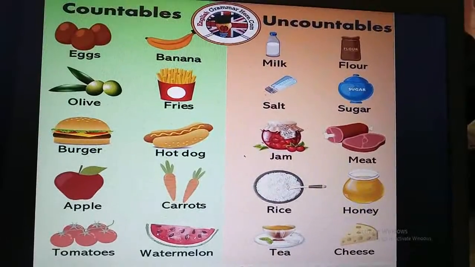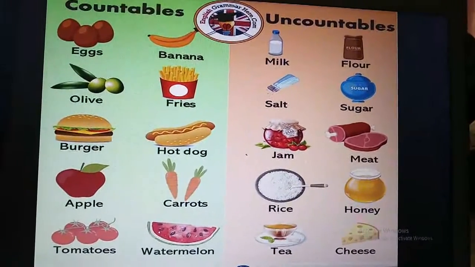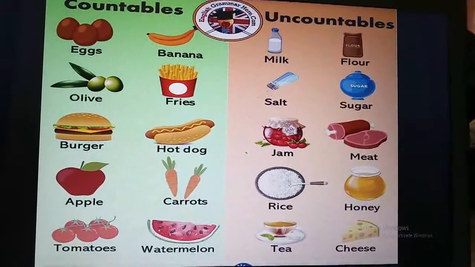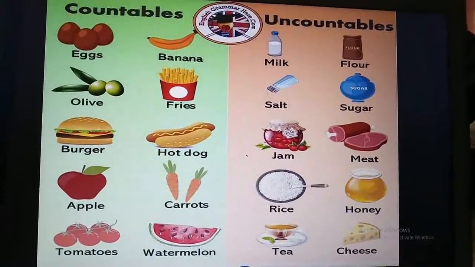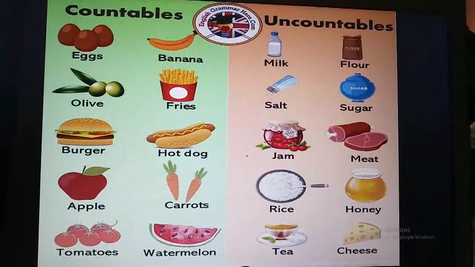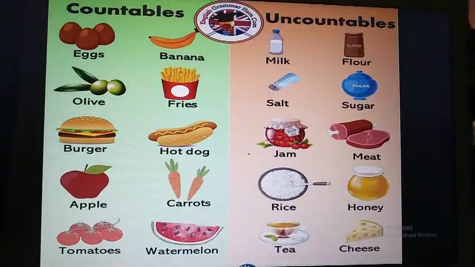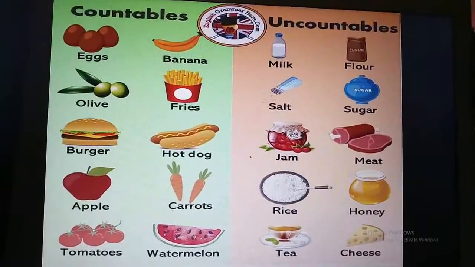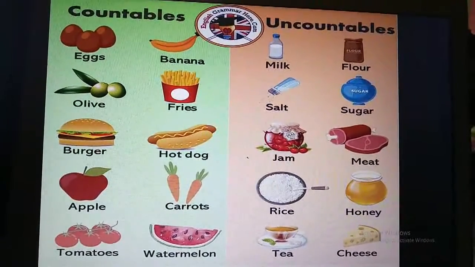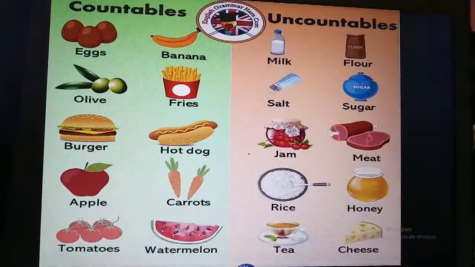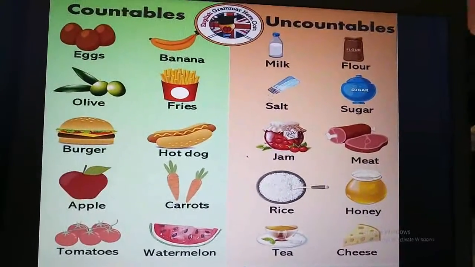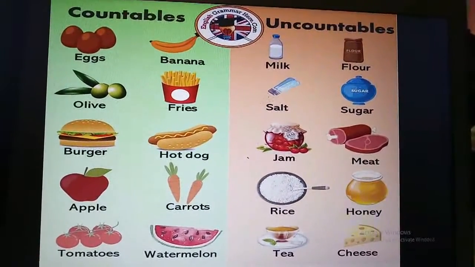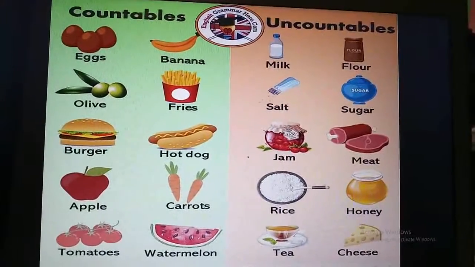And on the right side, uncountable nouns are milk, flour, salt, sugar, jam, meat, rice, honey, tea, cheese. Can you count the numbers of these? No, we cannot. So, things you cannot count in numbers are called uncountable nouns.